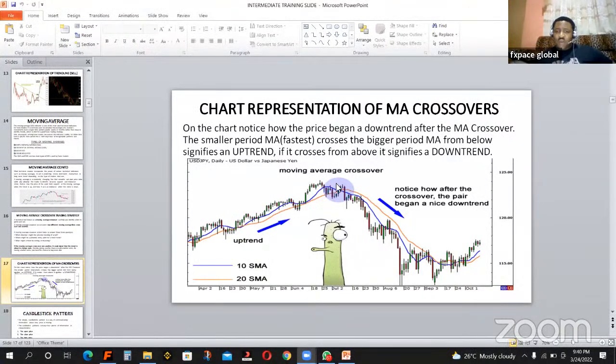This high becomes your stop loss. What I'm saying is that when you have done this, if you enter at this point here, you will take here as your stop loss. Take here as your stop loss. Once you put your stop loss at this point, you will see that that is when you will be trading